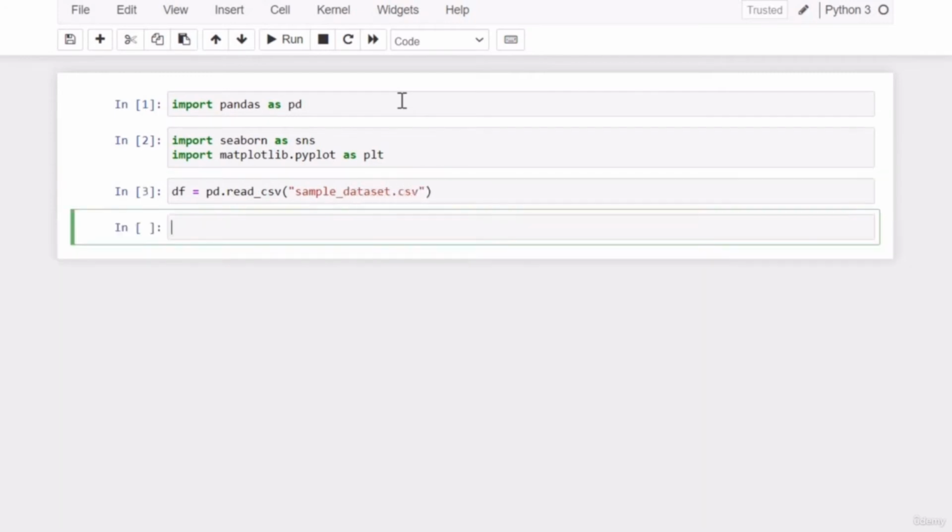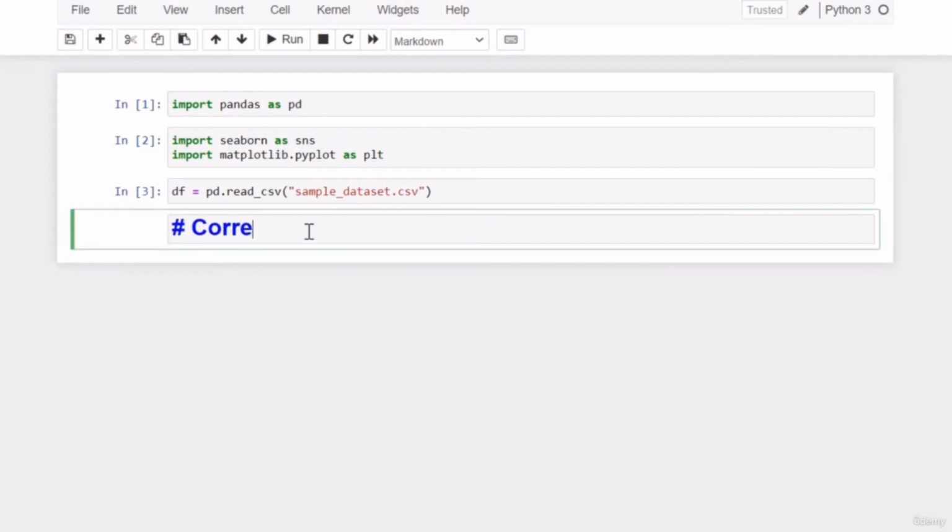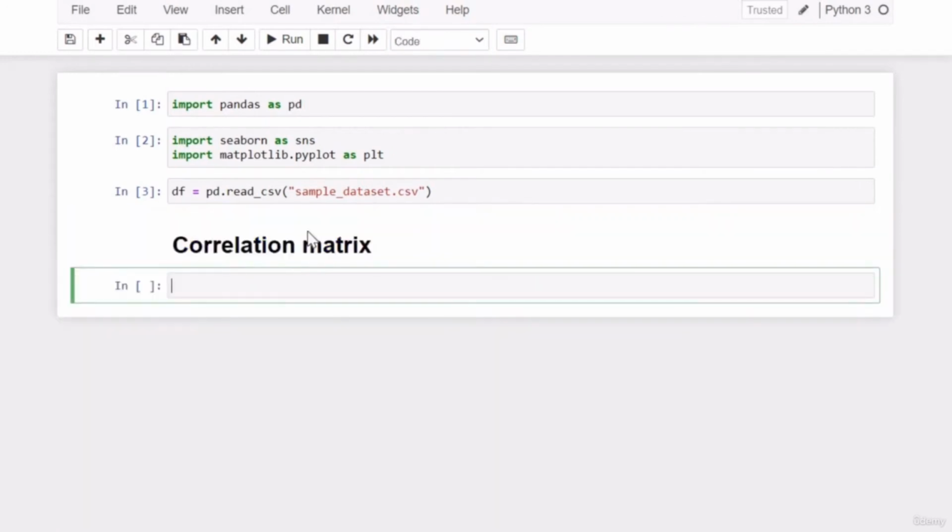And now we can first define the correlation matrix. Let's create a markdown cell here. Correlation matrix is a square matrix. Each element of this matrix is the correlation between two columns of our dataset. The first column is related to the row, and the second column is related to the column of the correlation matrix. Since correlation is symmetrical, if related to numerical features, this matrix is symmetrical as well, and its diagonal elements